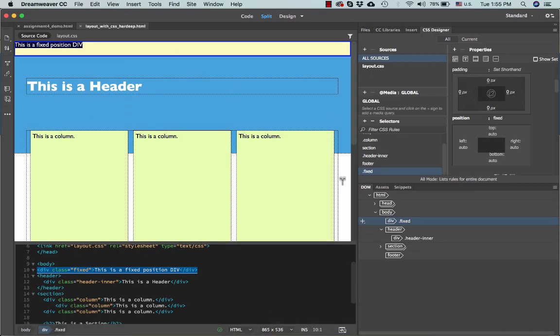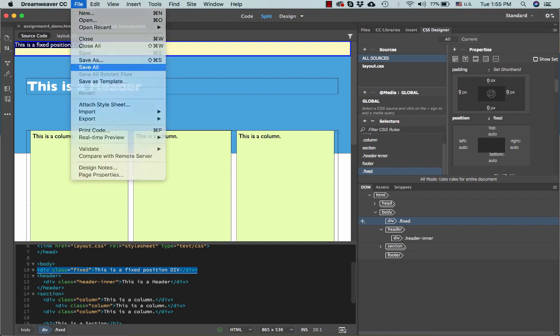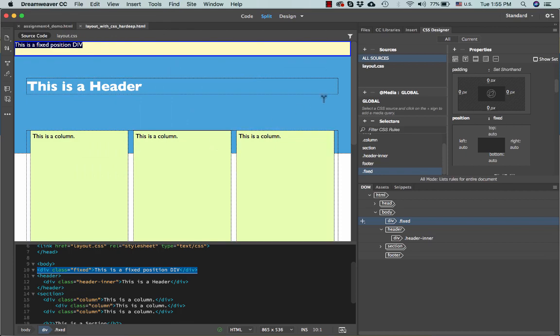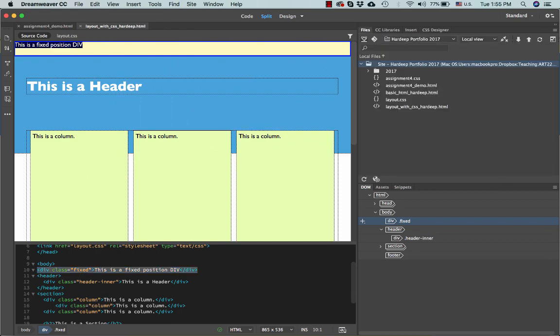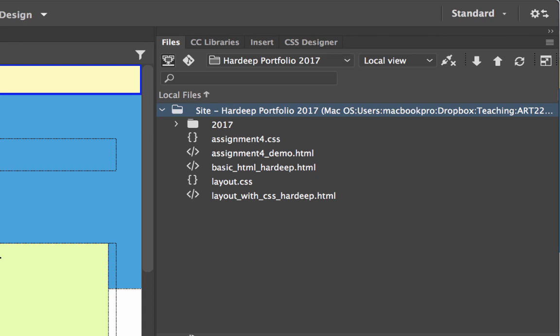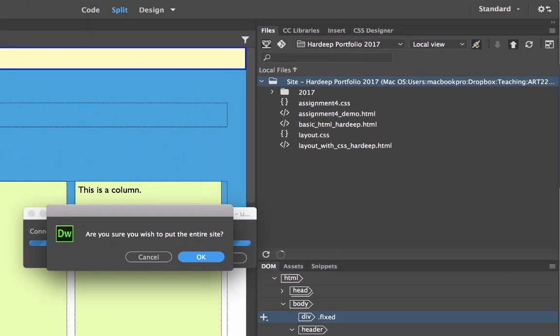As a last step, I'm going to upload this website to my server just to give you a refresher on how we upload the whole site. So after having clicked Save All to make sure everything is saved, I go to the Files window in Dreamweaver. So I'm going to click the Plug button to connect to my UH server. Once it's connected, I will click on the site folder, click the up arrow button, and it says,